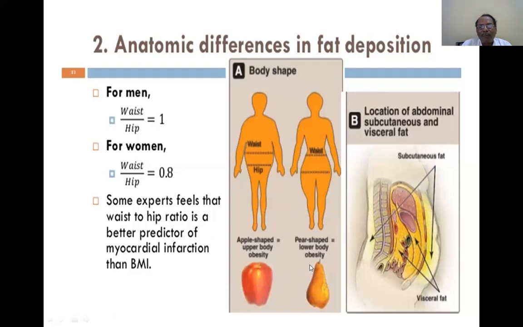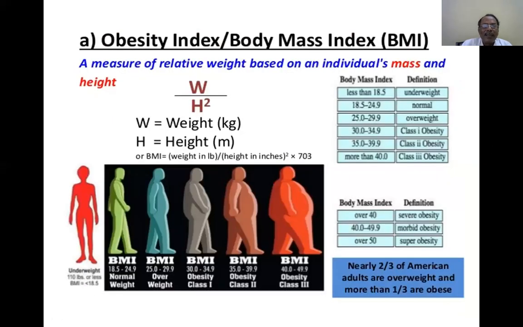So apple or pear. Basing on that, males have apple-shaped upper body obesity, whereas females have a pear-shaped lower body obesity. So these are different types of anatomical distribution of fat in the genders, male and female, in a little different way. Apart from this, a lot of fat can be accumulated in the omentum of both. You see, the weight by height squared. Basing on that, this body mass index,